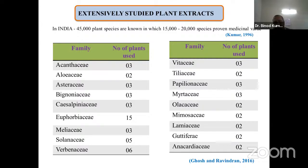Actually, my work was on the vaccine against the arthropods, meaning tick vaccine. My focus was on tick vaccine, as well as the laboratory is continuously working on herbal products along with the National Botanical Research Institute, Lucknow, as well as Central Drug Research Institute, CDRI, Lucknow. So we have all these kinds of associations, and we always have discussions about what's going on. So all these plants were tested, and then it was found that